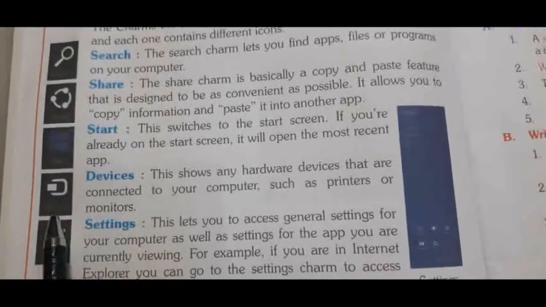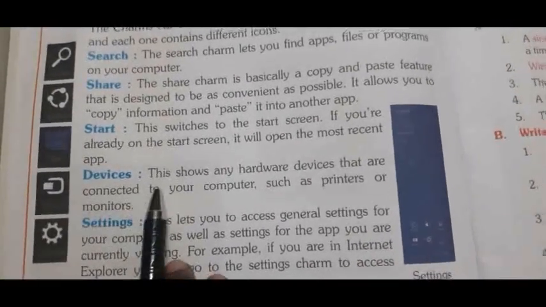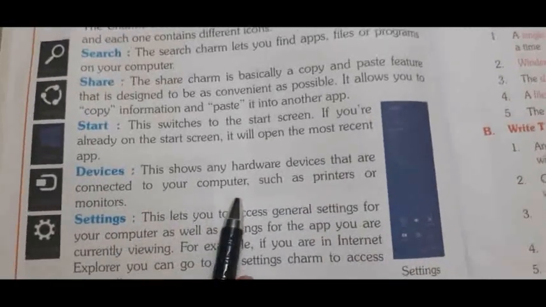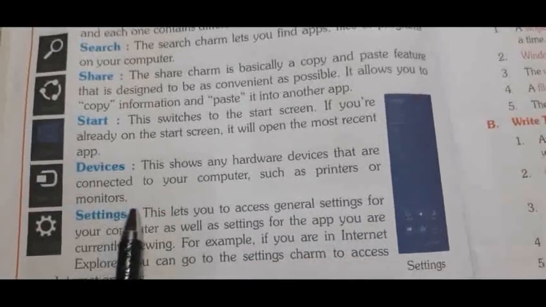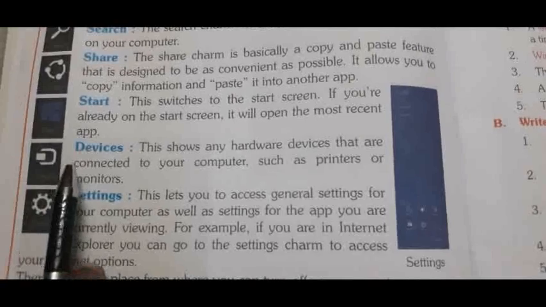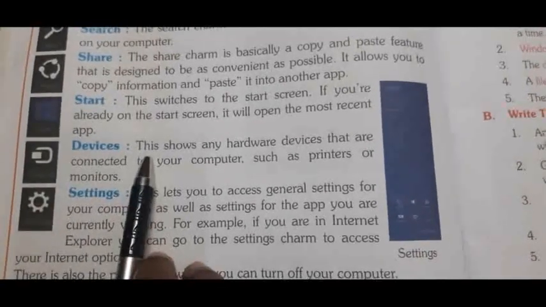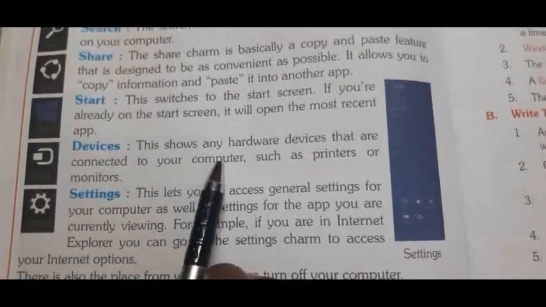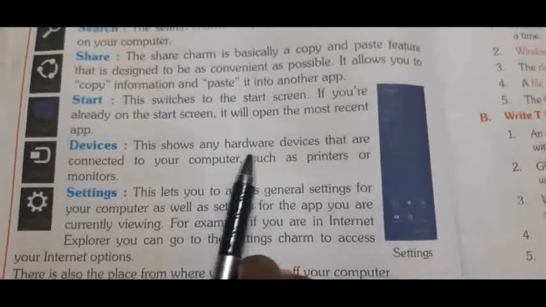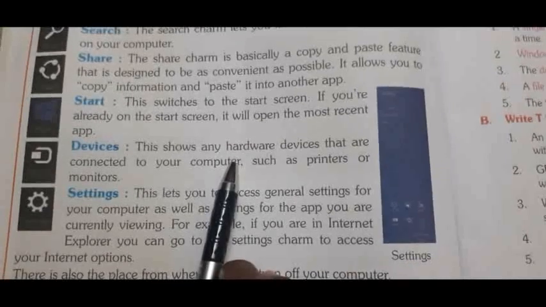Next, what is the devices charm? See children, this shows any hardware devices that are connected to your computer, such as printers or monitors. If you click on this devices charm, it will show which hardware devices are connected to your computer. For example, if you connected a printer, it will show.